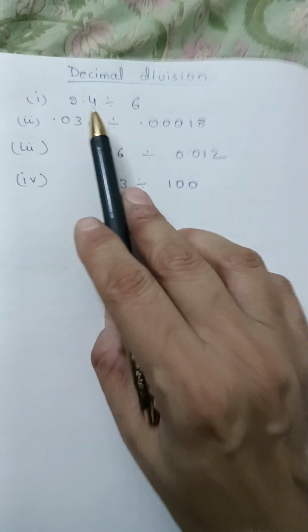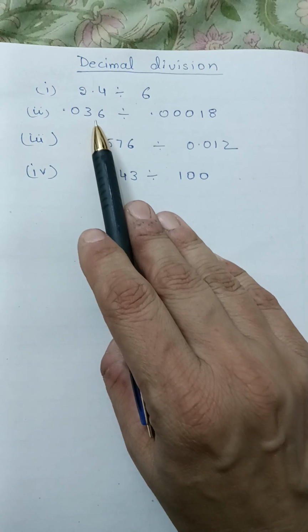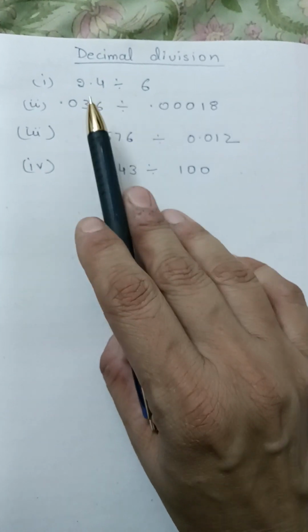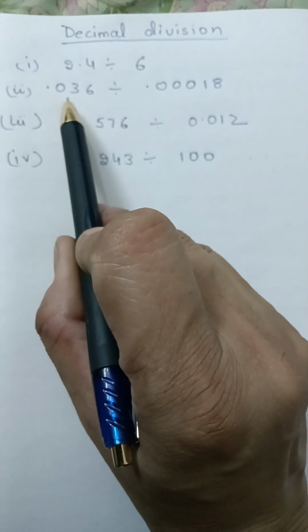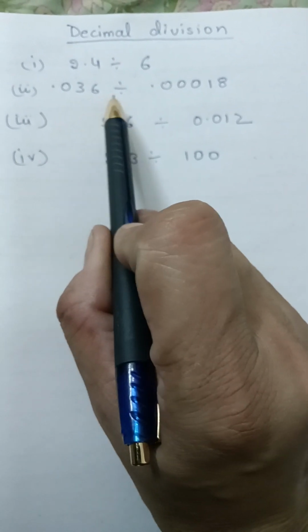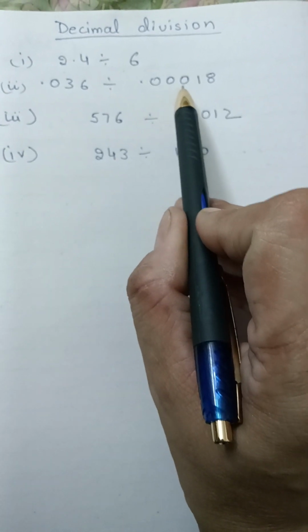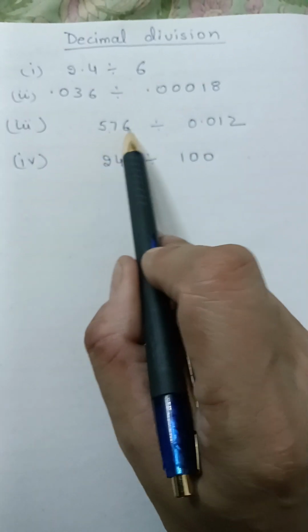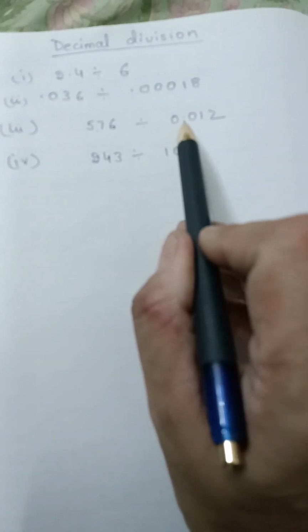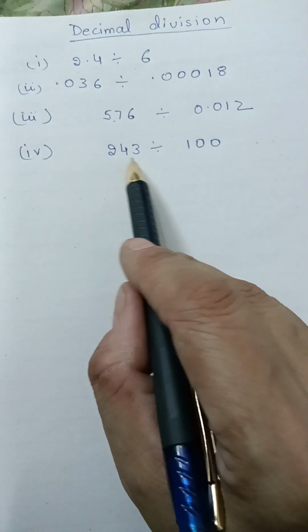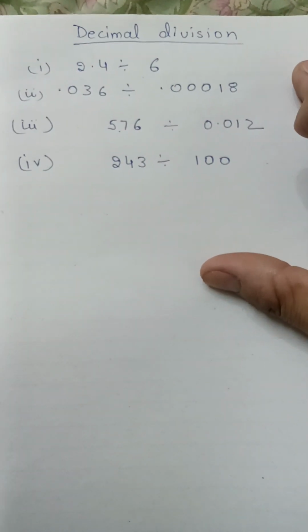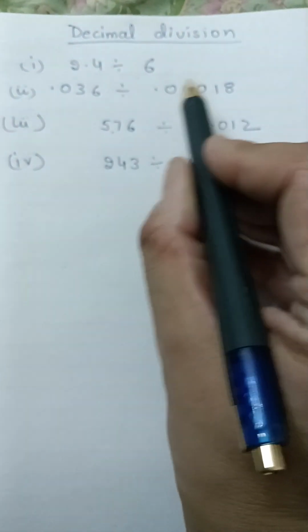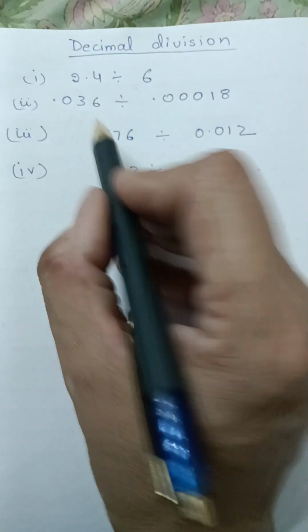This video is about decimal division. So these are a few simple questions of decimal division: I'm going to divide 2.4 by 6, 0.036 by 0.00018, 576 by 0.012, and 243 by 100. Whenever we look at decimals, we find them difficult, but actually there is a very